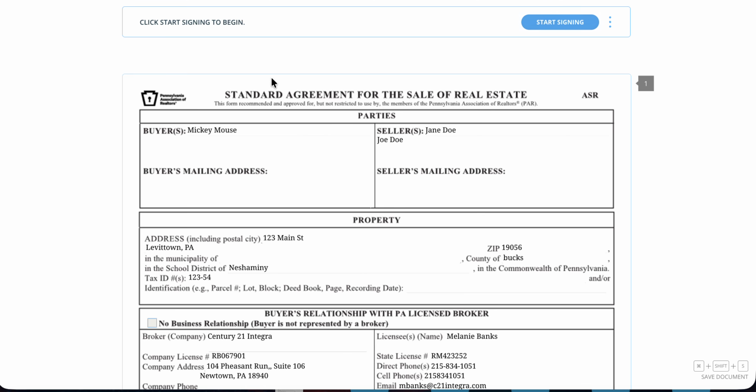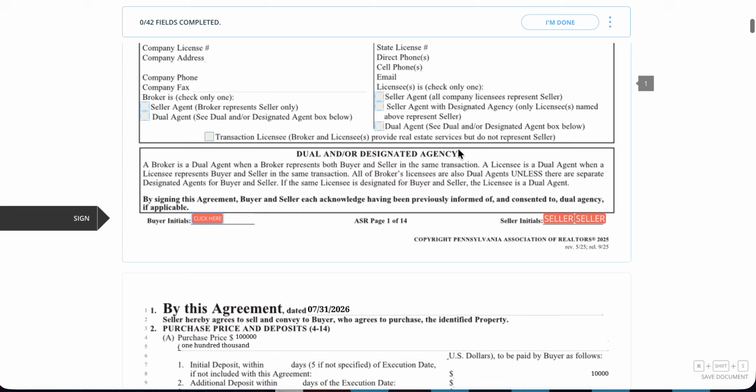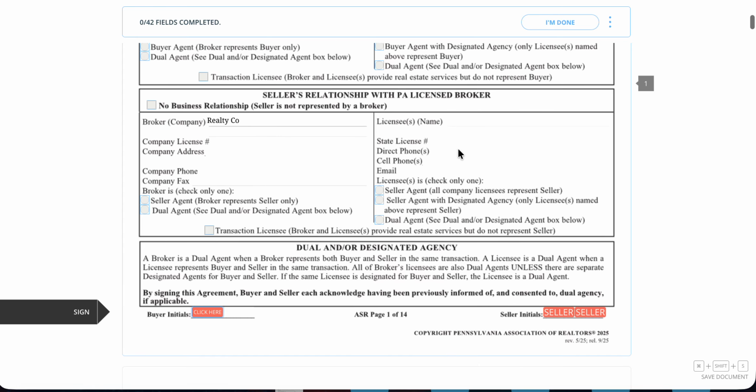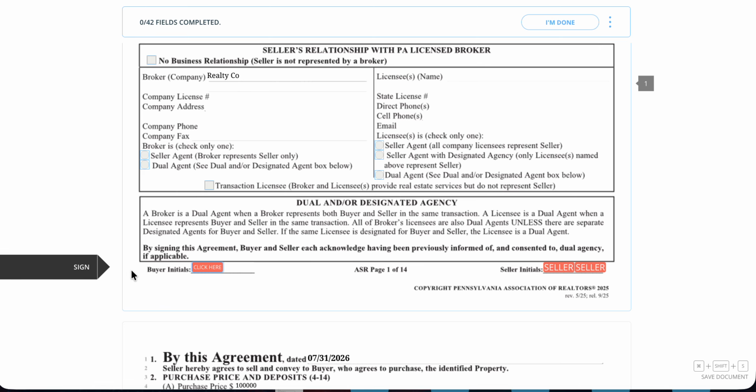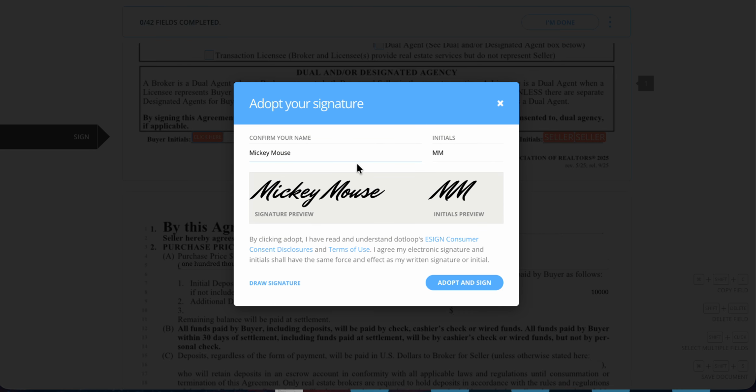It is going to open up and tell me to click start signing. I can hit my start signing. Now it does operate like a lot of the other systems where it just drags them right to the bottom. So in that custom message, I might tell them, hey, just read through it first before you hit start signing. What it's going to tell me is I need to click here as the buyer. When I do that, I'm going to